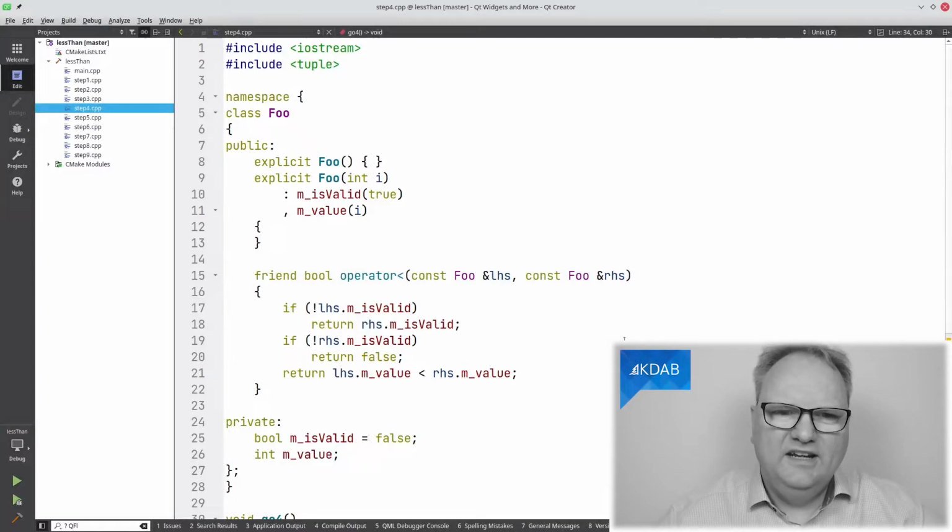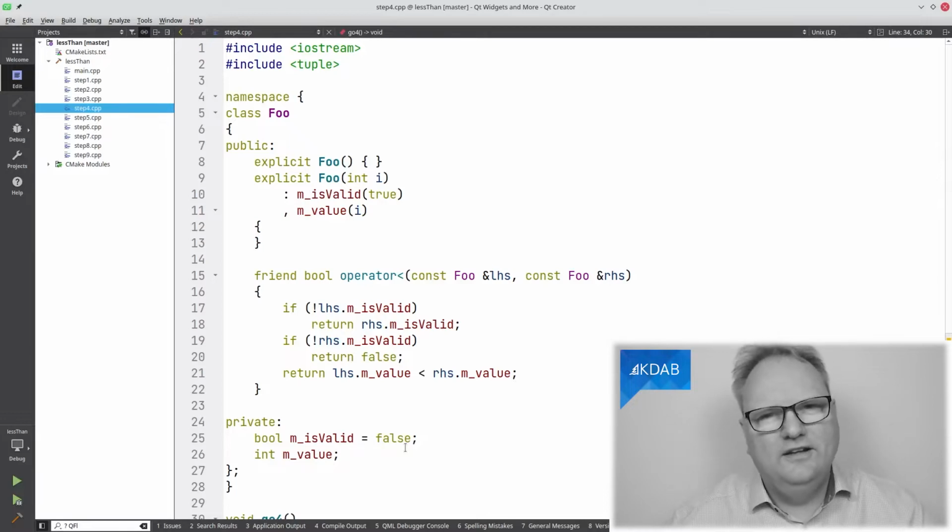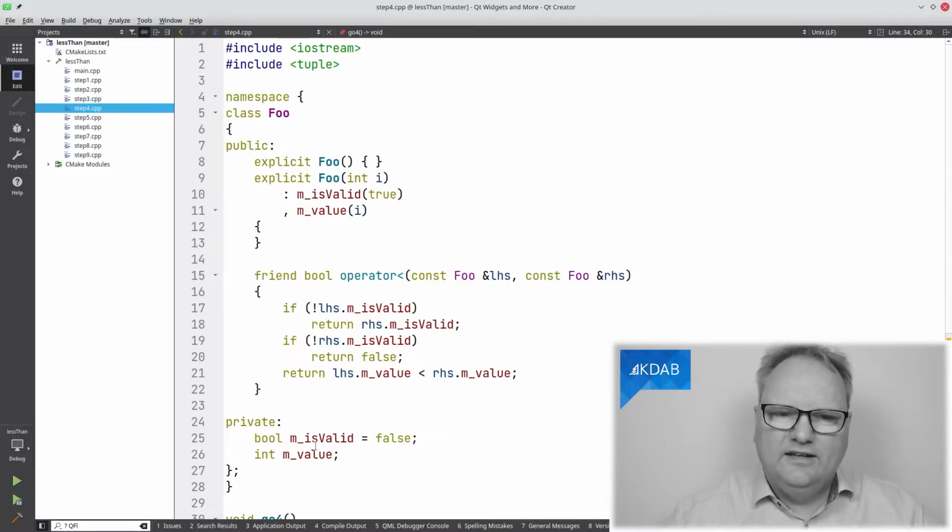It turned out to be not entirely trivial to rewrite using std::tie, and let me show you why. So here, my foo is the partial date thing. It has a value and it has isValid. So the value is just an integer here, and isValid is either true or false. And if it's true, then it's the value that counts. So it's an optional value in here.